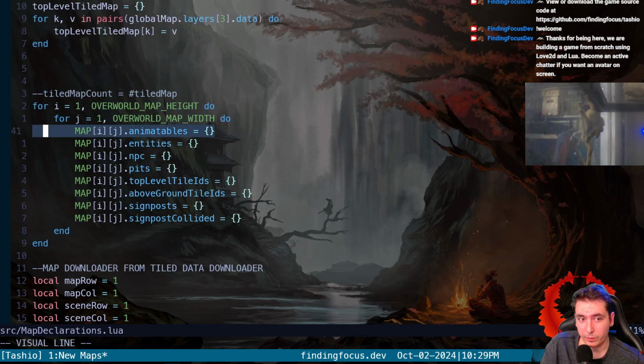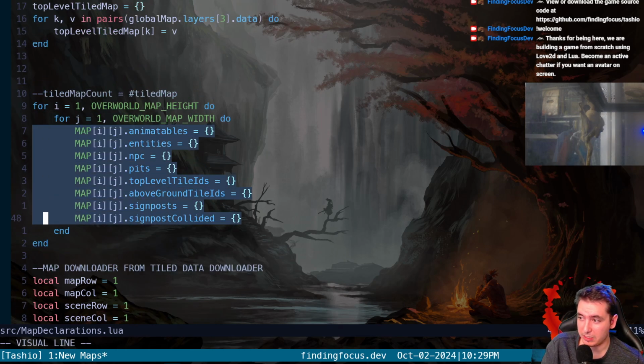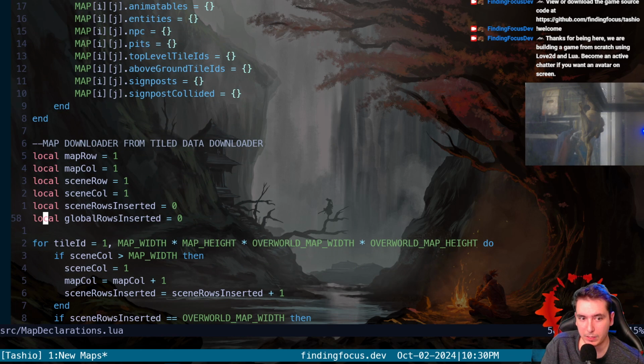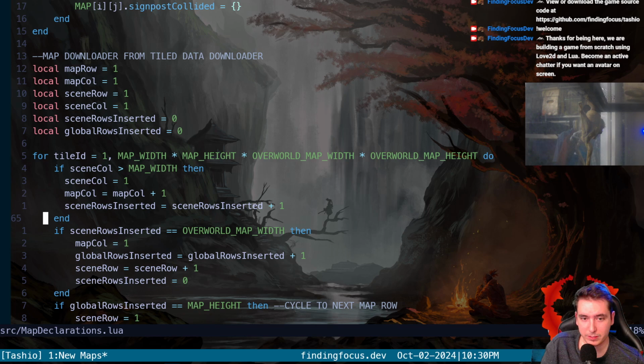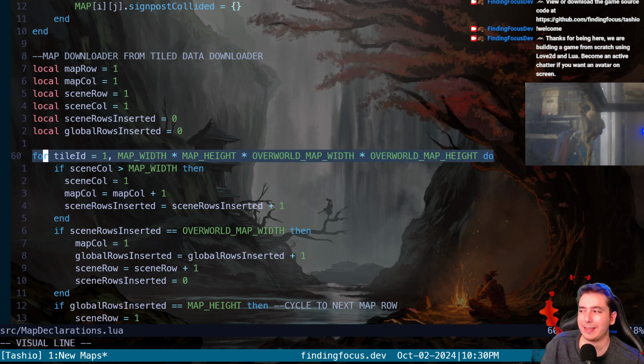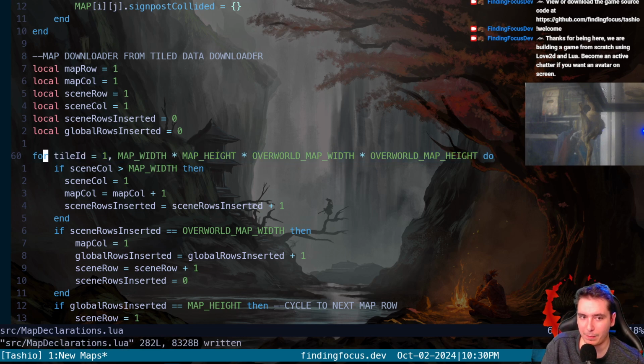We have, this is just the entity table declarations basically. So every map, which is now twice as big, now has an empty all of these tables inside of it. Okay, and then we have this. This is our map data downloader here. This is how we decide which index of our data table goes into which map object tile ID assignment. So every scene has 80 tile IDs, and the first